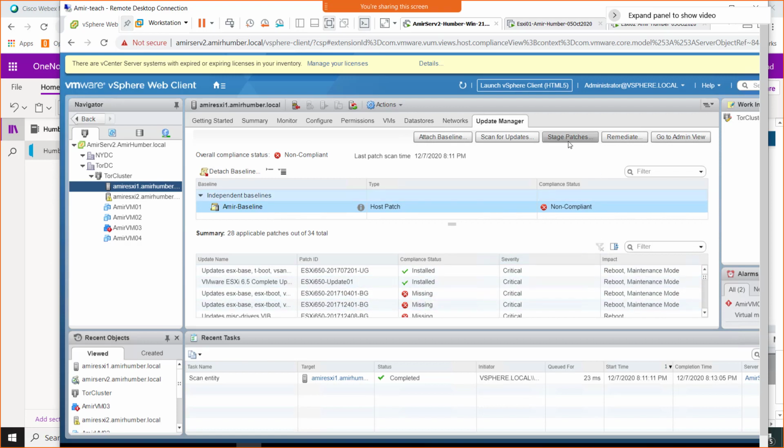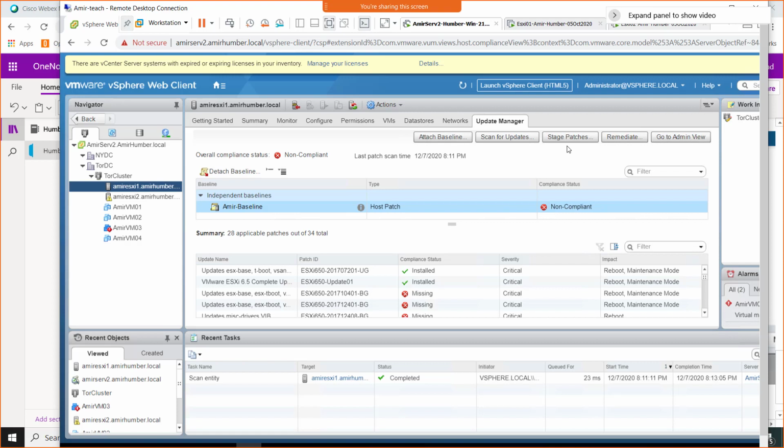So what is stage patches? We were talking about that. Normally what happens is these patches that you see here are actually information only. These are not downloaded yet on this server. Only the information about the patches is downloaded. So stage patches means that suppose the boss says that at 7 p.m. evening, please install all the patches, and you say yes boss, no problem. But then you think, hey, if I stage patches, I will do 50% of the work in the background, and then I will do 80% of the work in the background all day till 7 p.m.